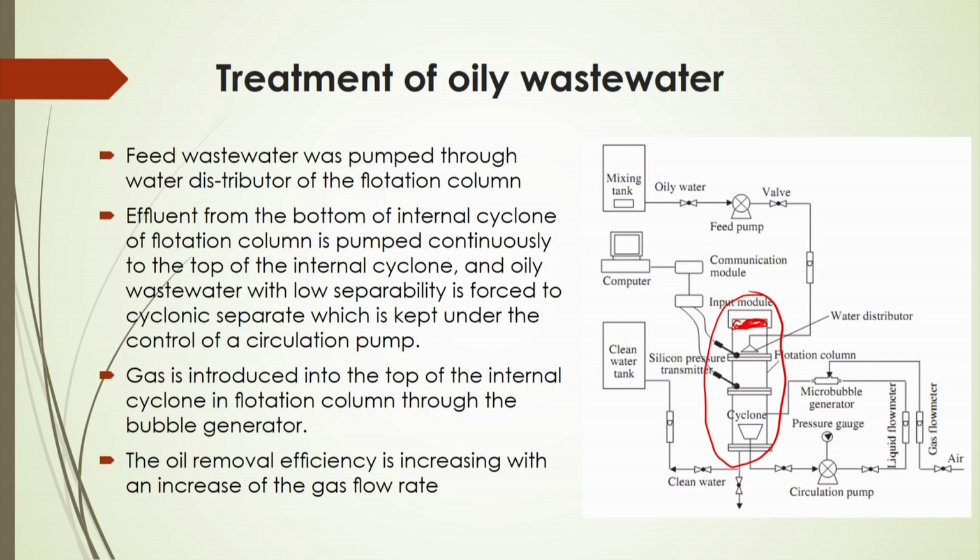Through a sparger also you can do it, but it has to be used in such a way that oil is not clogged in the pores of the sparger. So if you are making an efficient sparger, attached at the bottom part of the column, and distributing gas through it from the bottom, then a dispersed phase of bubbles will come up, and from the top the wastewater rich with oil will come downward. In this counter-current operation the bubble surface attaches to the oil content, and it is separated at the top, and then finally you can get how much oil is recovered.